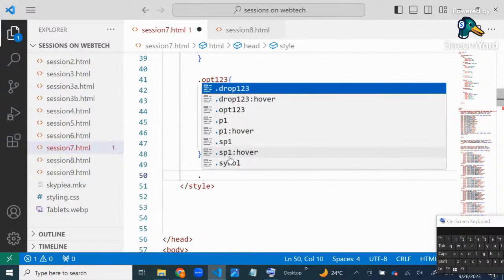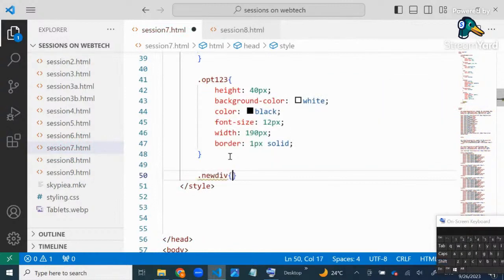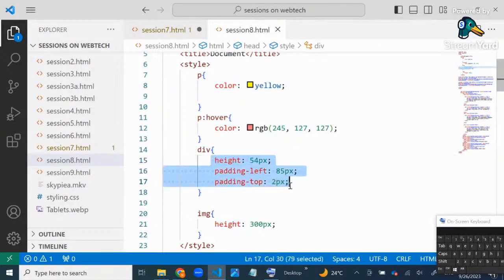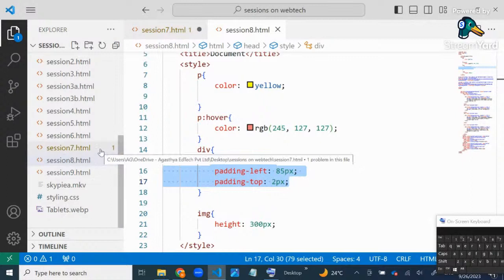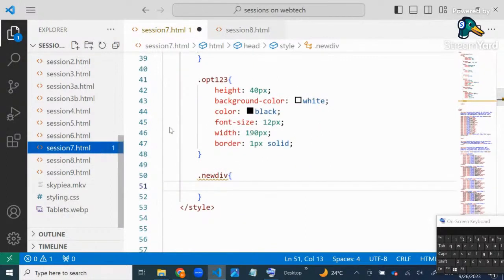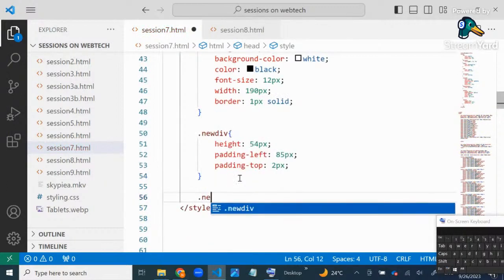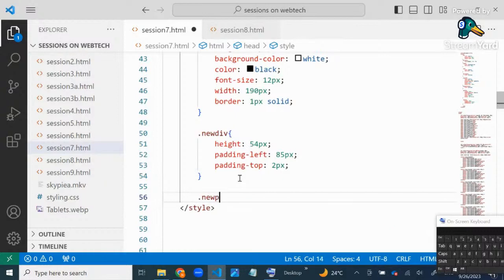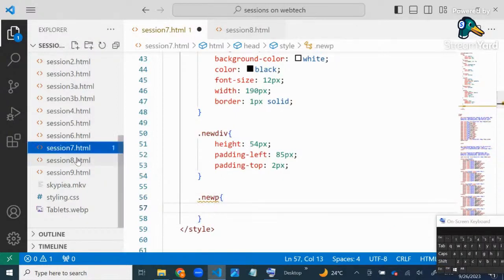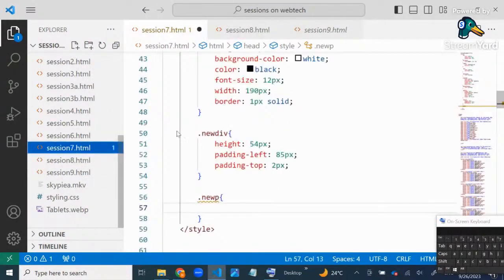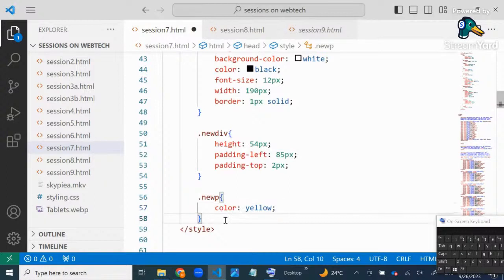So same thing, new div should have all the properties from this one. Copy and paste. Okay, and new p should have all the properties from this, only the color should be yellow. And when I hover on the new p,